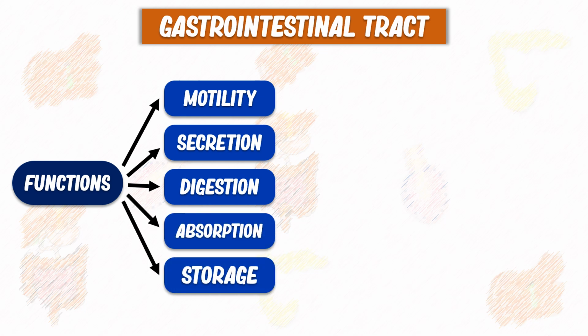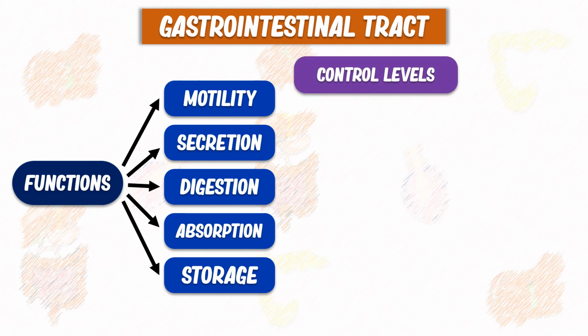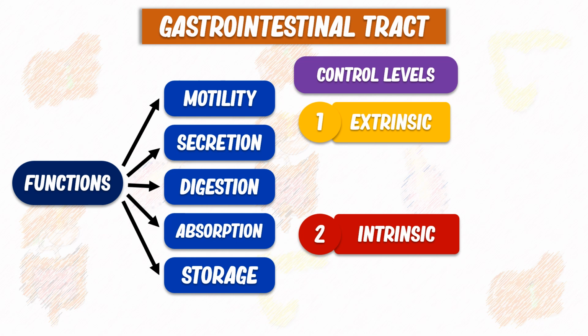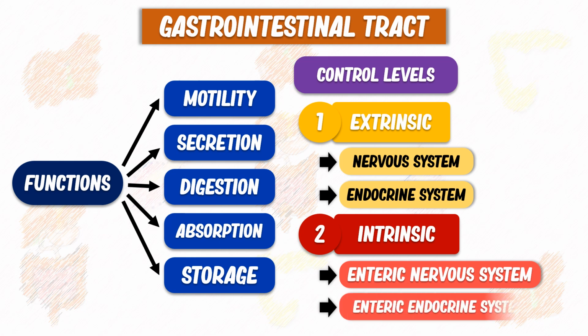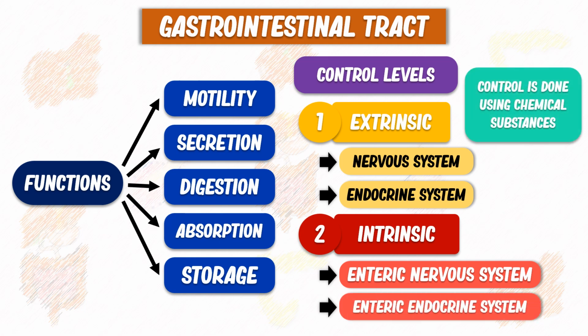However, to carry out these functions, everything must be strictly controlled. That's why there are 2 levels of control: extrinsic and intrinsic. The extrinsic level includes the nervous and endocrine systems. The intrinsic level consists of the enteric nervous system and the gastrointestinal endocrine system. The substances secreted by these systems are not directly involved in digestion, but regulate the secretory activity of cells and